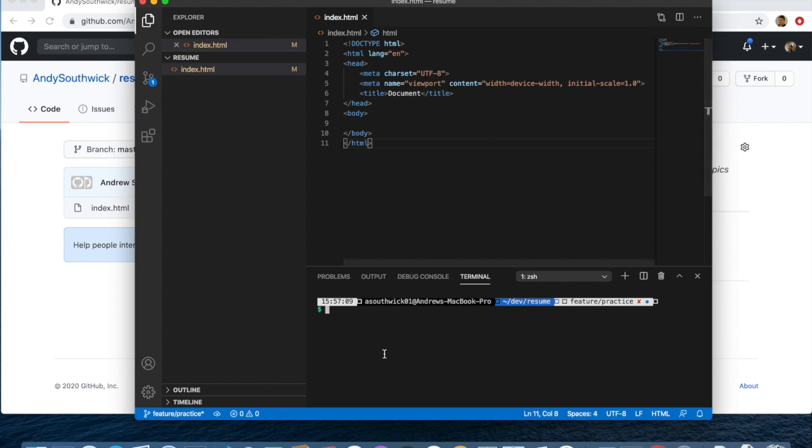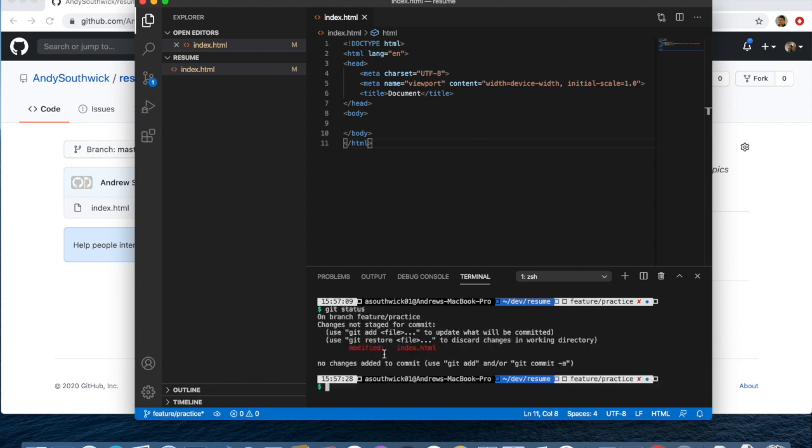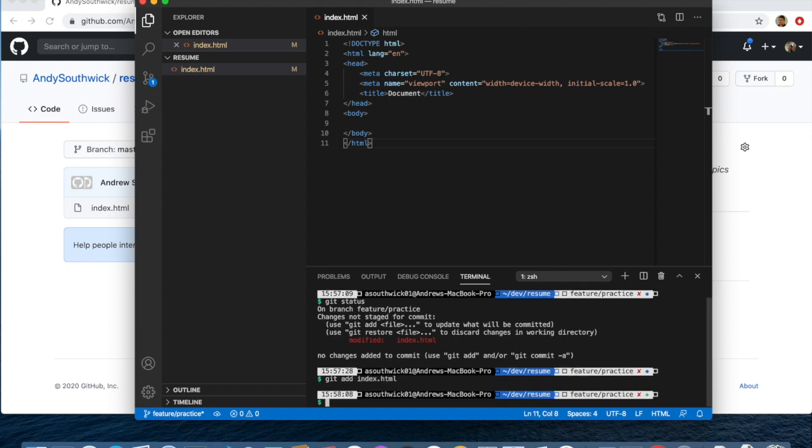I'll save it, and then I'm going to git status. It shows me that I've made a change to my index.html. Git status has told me that I have a modified file. What I need to do now is git add it, which stages it for a commit. Then I commit it